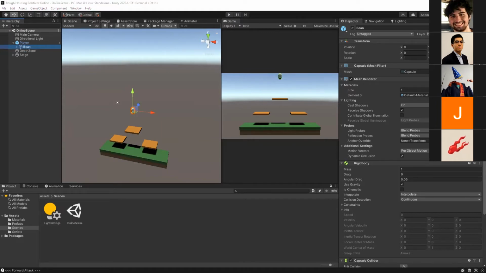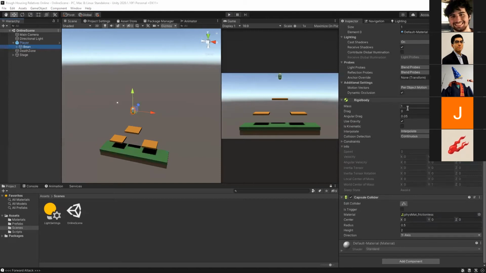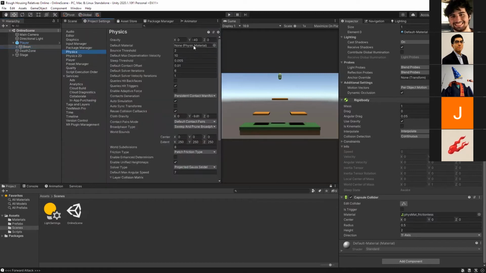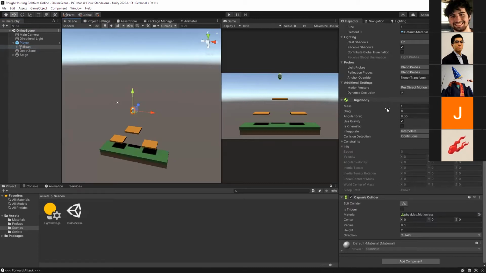So the other thing I want to talk about are the player rigid body settings, which I already have the bean selected. The rigid body is on the bean. There is no drag because the player movement script has its own custom friction and acceleration, so we don't want to use Unity's drag equations. Angular drag doesn't matter because we're not rotating. We're using Unity's default gravity, which is what the physics tab does with this gravity value here. That can be custom, but we're just doing that for simplicity.